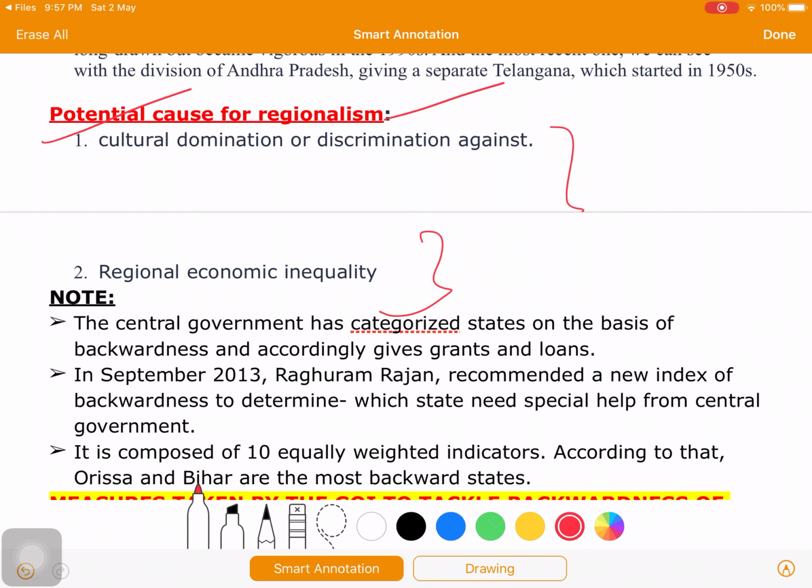Likewise, in order to integrate all the states, the National Integration Council was also established in the year 1961, and financial resources were transferred to the backward or poor states on the recommendations of the Finance Commission. So these are certain major steps taken by the government of India to balance and protect the federal characteristics of our Indian Constitution by uniting all the states, balancing regional development and fulfilling the demands of the states.